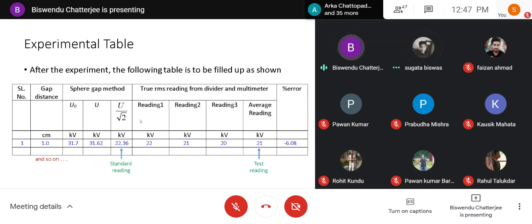Okay, sir. Maybe you can also get a lab report from your previous seniors, to see how to do this. Otherwise, I will help. I am there. I will help. No problem. I will give you step by step what to do. Okay. Yes, sir. Because one thing you don't know, all the range and rating of the instruments that can be visible in the laboratory. Here it is not given. So what I will do, I will show you all this.